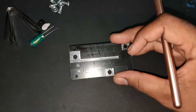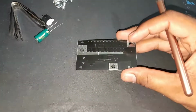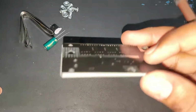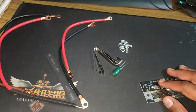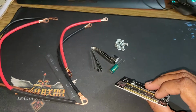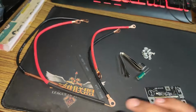Man, my camera is really hard, guys. I'm very sorry for not providing a professional review, and I think that's all. It's almost night, so I will be arranging all these and